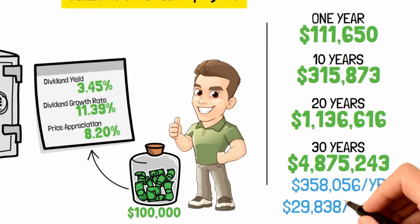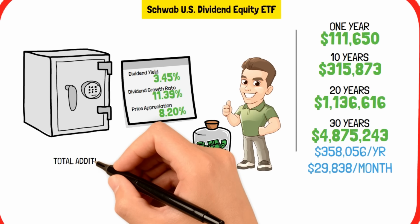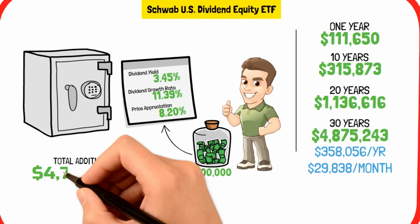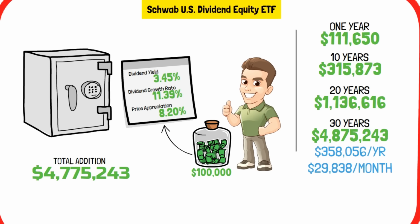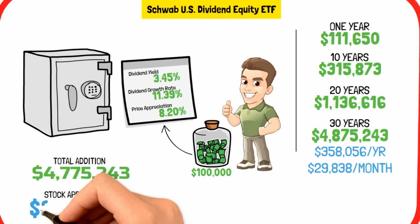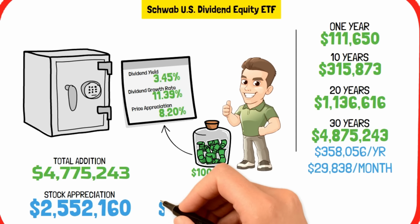$358,056 in annual dividends, or $29,838 monthly. The overall addition to his portfolio is an extraordinary $4,775,243, with $2,552,160 deriving from stock value increase and